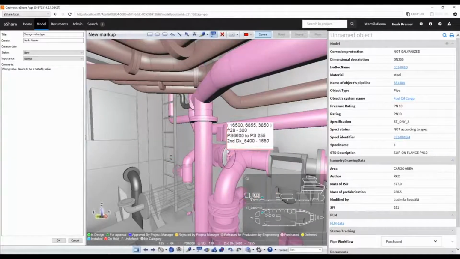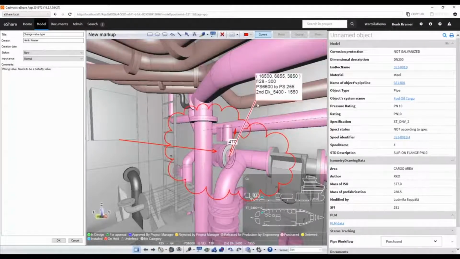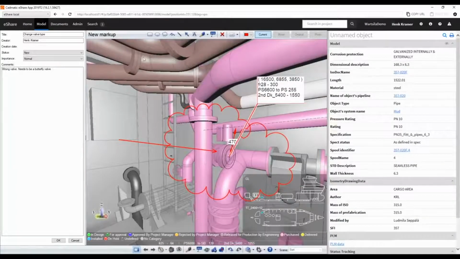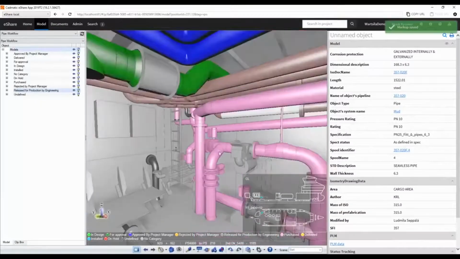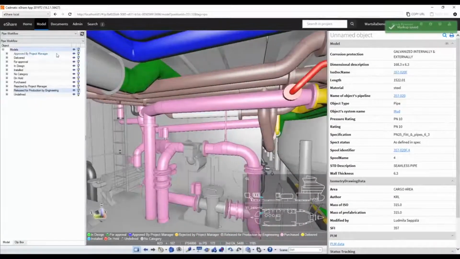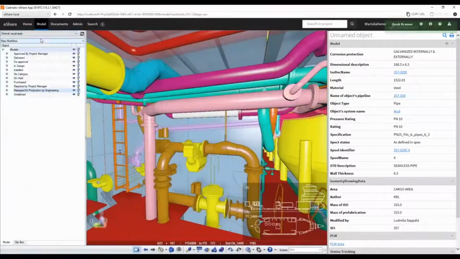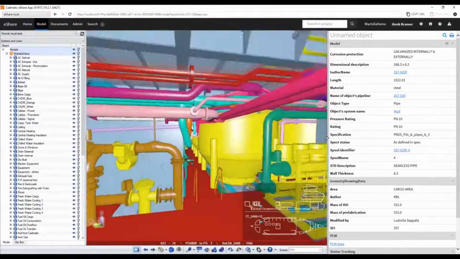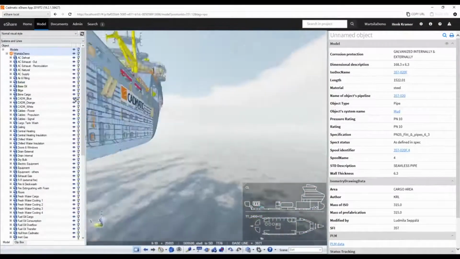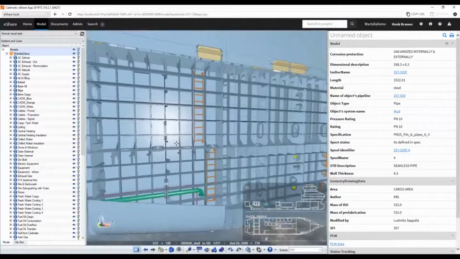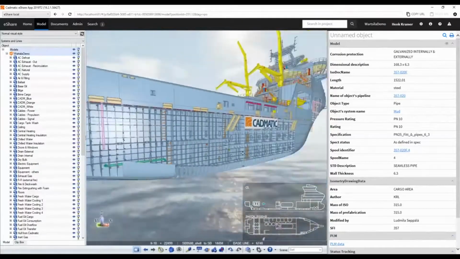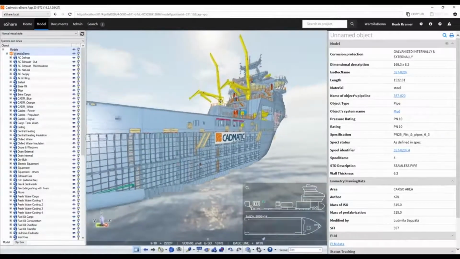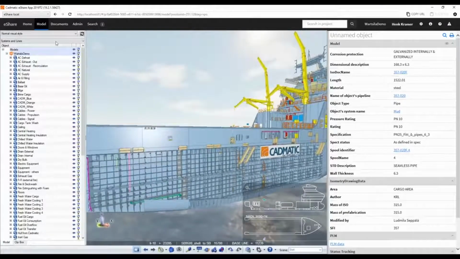And I can put some annotations to it if needed. And then save it. Now very useful about the markup tool is that you can compare the situation from the old to the new, and you immediately go to the specific part by clicking on the markups. So if I go to the home,